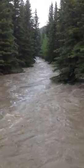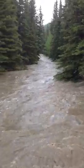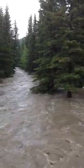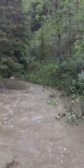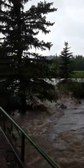This is day 2 of our flooded creek. You can tell by the bottom boughs of the pine trees that it was much lower, and it only went about this wide until the flood. Now it's come out this way, way out there,